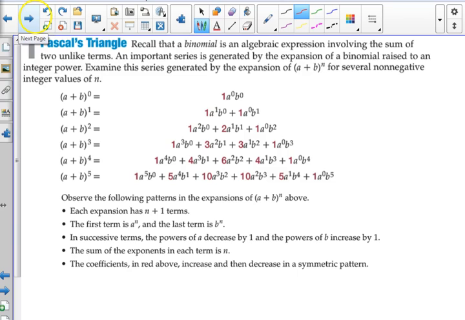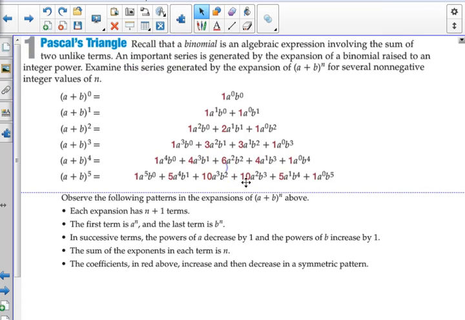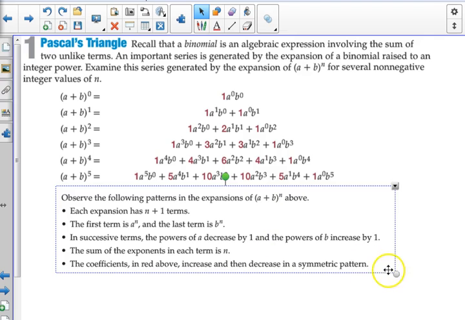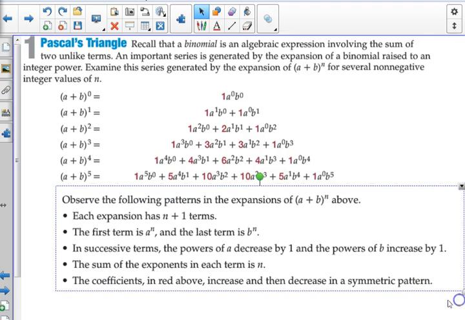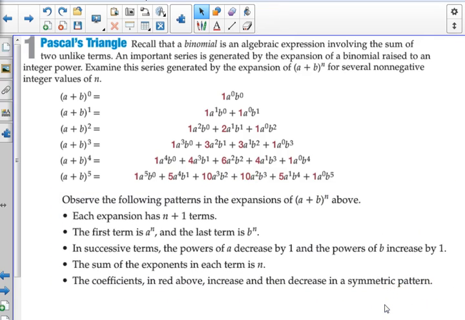On the green sheet, you are given the first 3 or 4 rows of Pascal's triangle. 5 rows? Okay, so that's just going to be there for you to use. So you don't have to know how to do them. We're going to talk in a minute about how to find those. If you wanted to know the 15th row, there's a way to do it. Okay? Now, this being said,